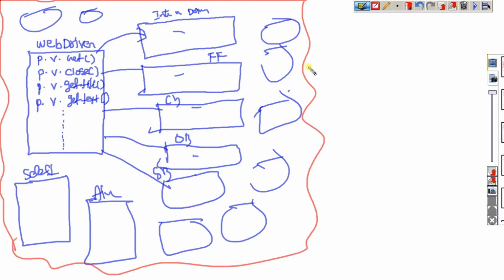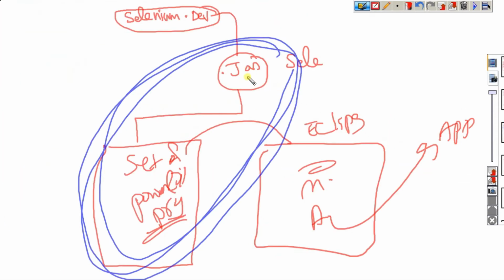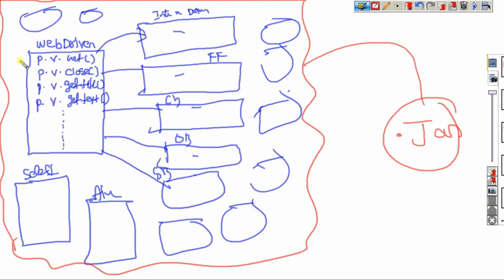All these classes and methods we are downloading in the form of jars. That is nothing but this one. Like that, they developed interfaces with so many methods without logic. For testing your application on Internet Explorer, they prepare a separate class.